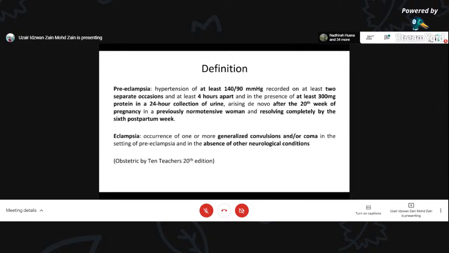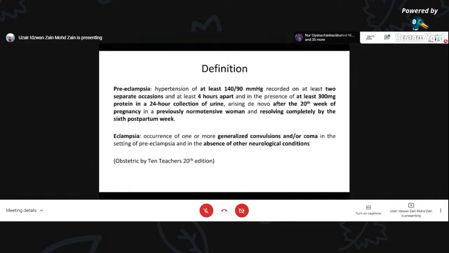So if you have a case where at 12 weeks, 15 weeks, the patient already has hypertension, this is not yet considered to be preeclampsia. The patient already has chronic hypertension before even starting the pregnancy. It's just that the patient did not realize, or was not screened or diagnosed before to have hypertension, but accidentally during the pregnancy,